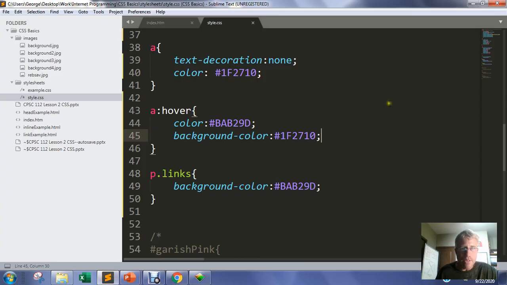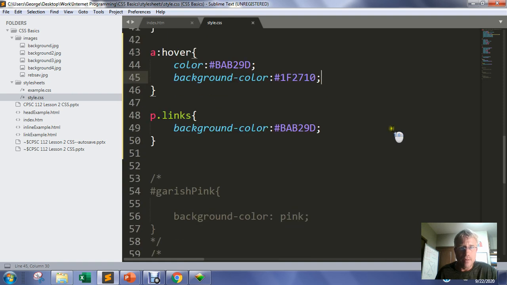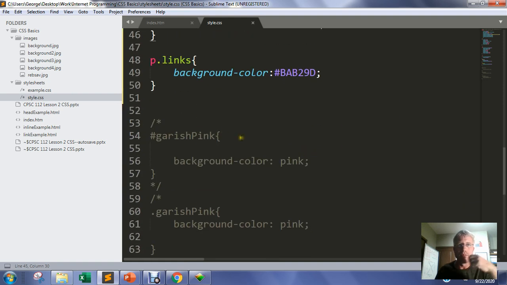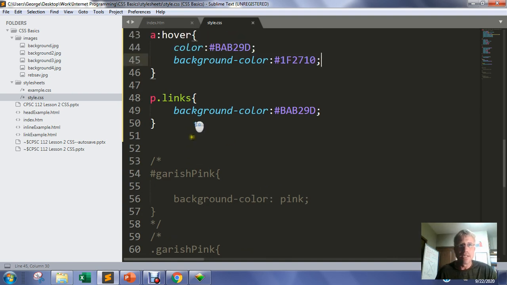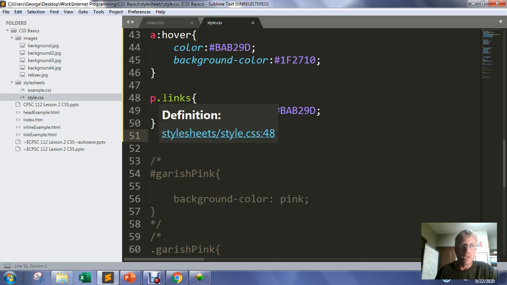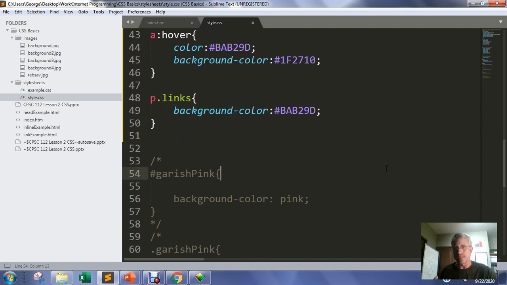So this brings up the idea of having classes versus having IDs. If we have a class, we can have anything on the page be a member of that class. So here's my p.links. I can change this from a class to an ID, and an ID, just like a social security number,